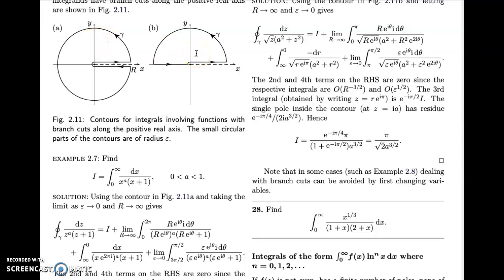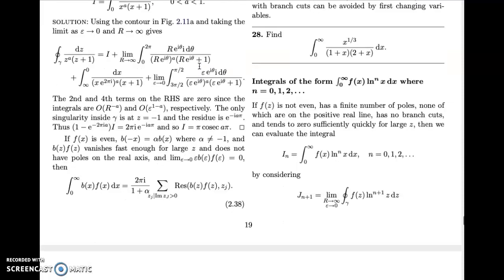Okay, so this next case is basically looking at an example of when we can use the integral in figure B rather than this one, which means we have fewer residues to evaluate. So if we're trying to find this integral from 0 to infinity of b times f, and f is even,